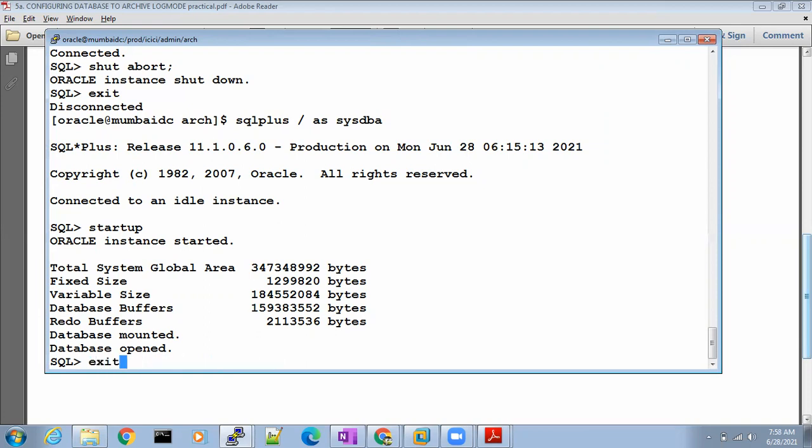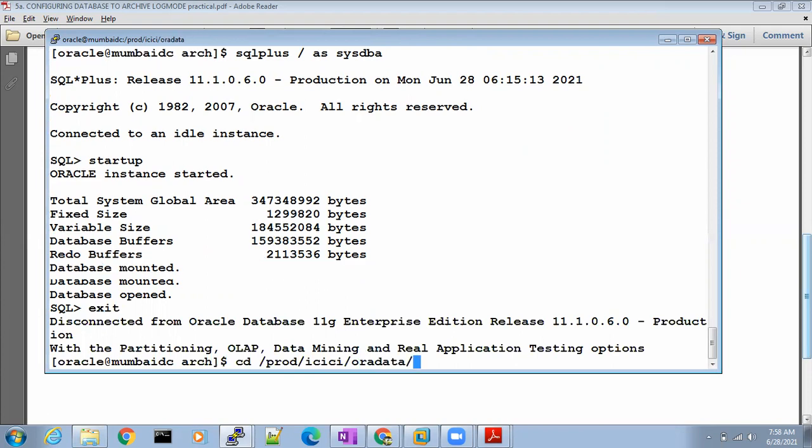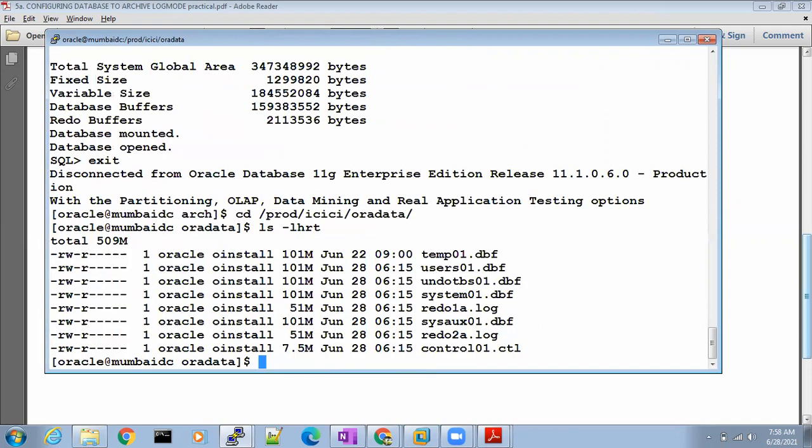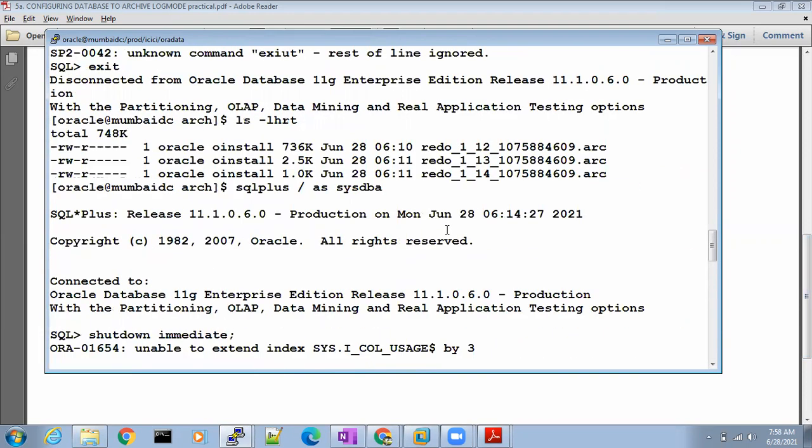First, we'll go to the prod ICICI Oracle data directory. How many data files are there? The system01.dbf, the system, right?